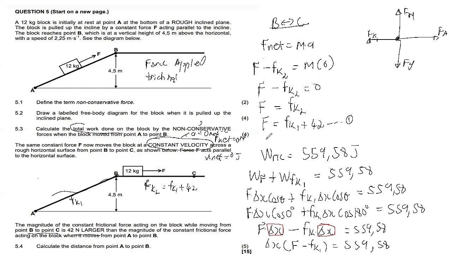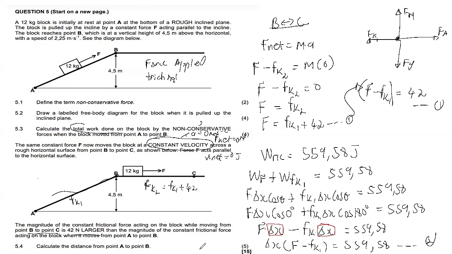559.58, right? But now, how can we manipulate equation number 1 to be similar to this? There's something that we can do here: if we take the Fk1 and bring it over to the left-hand side, we continue and get F minus Fk1 equals 42. Now you can see that we can replace the F minus Fk1 here by this 42. So let's say this is still equation number 1, and this is equation number 2. So in the place of F minus Fk1, we can replace it by 42 newtons, which we can put in here,